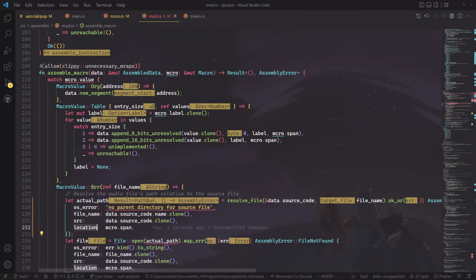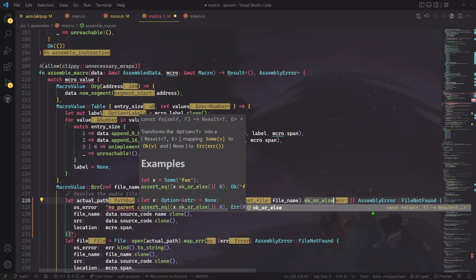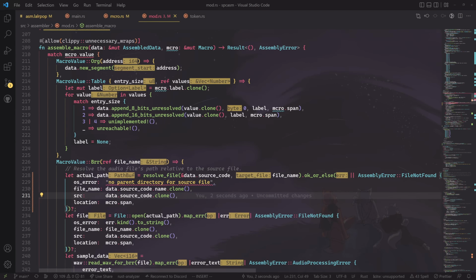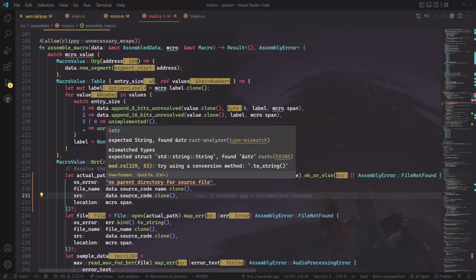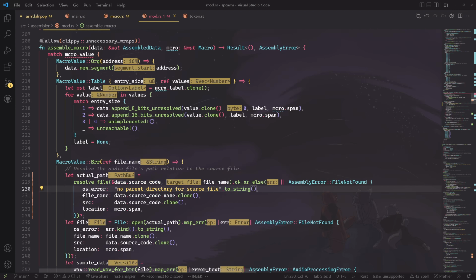Okay, so location, I'm sometimes using location, I'm sometimes using span, they all mean the same. Then I can question mark that. It should be an ok_or_else, because this function does a bunch of cloning, so it should only run if absolutely necessary. I need to toString this, and